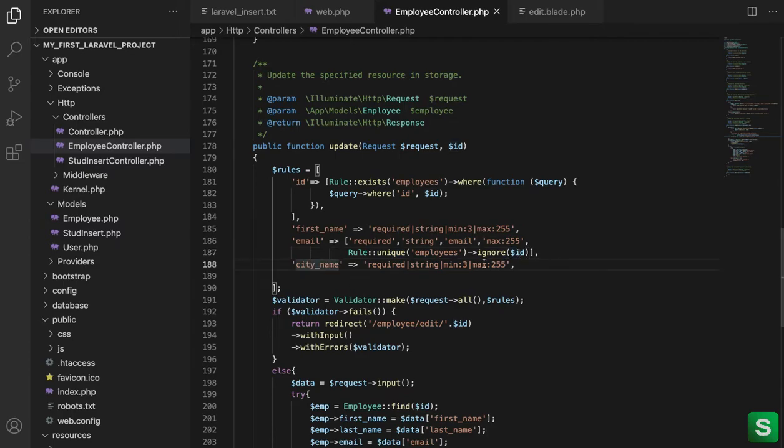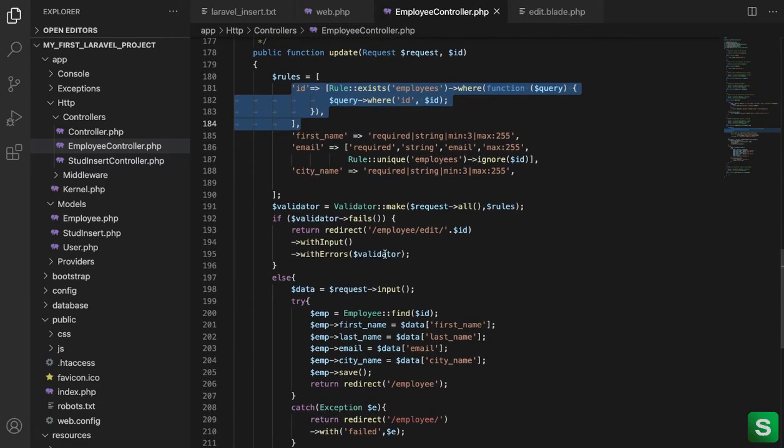And city name is also required. This is very important, this and this, okay? Because the ID should exist in our table and the email should be unique but ignore the current ID. I will show you in the browser what it means, okay?